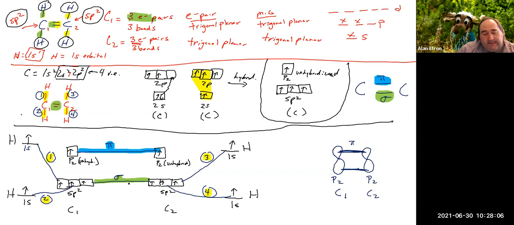You could say this sigma bond is between an sp2 hybrid orbital and another sp2 hybrid orbital within the two carbons. You could say the pi bond is between a pz and a pz unhybridized orbital. You could say, as we talked about earlier, that these carbon-hydrogen bonds are between an sp2 and a 1s orbital. So you get really specific about what orbitals are involved in terms of